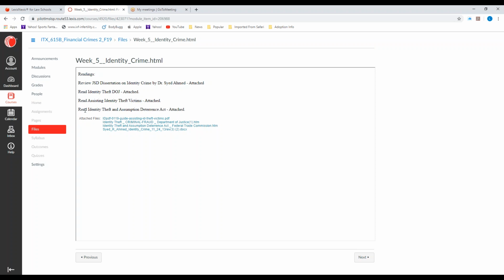Pay attention because a lot of times it'll either say read or review. We know, and some of you did reach out to me regarding the Ahmed article, that was very long. So we did ask you to review that, look at the highlights, kind of skim. If you ever have any questions about the expectations or a specific reading, please either email me or Dr. Monroe and we can talk through it with you.